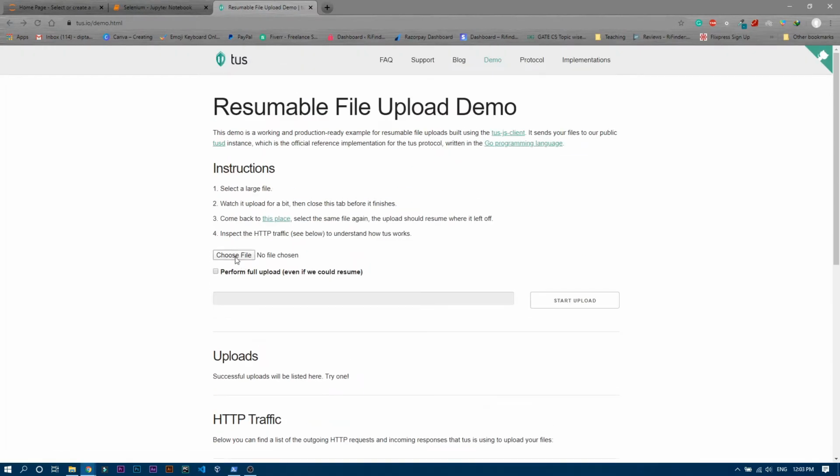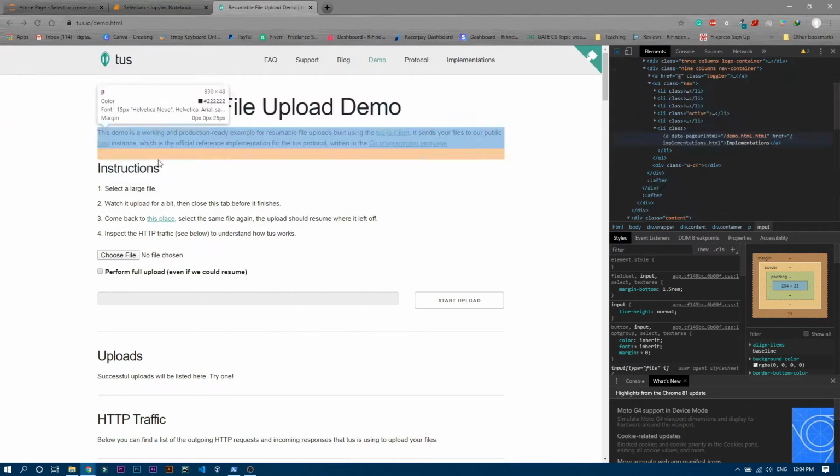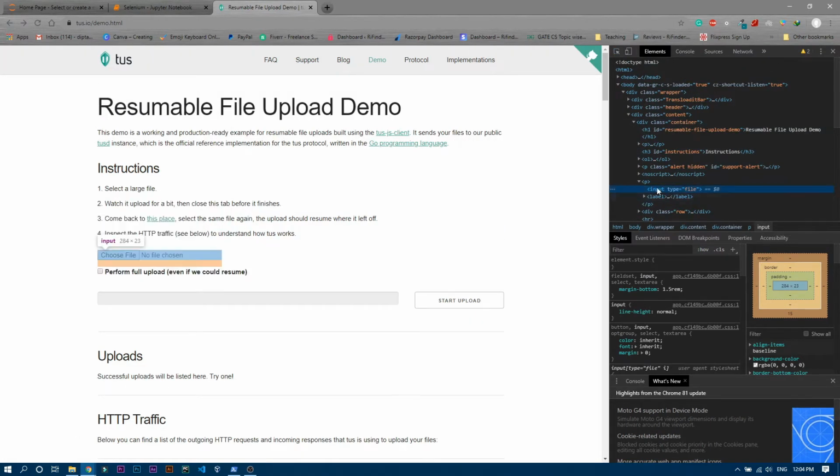First of all, obviously we need to find the ID or XPath of this choose file button. So let's go inspect and move the cursor over here, and you can see this is an input type file, right?